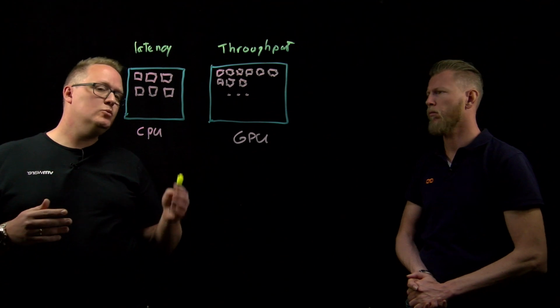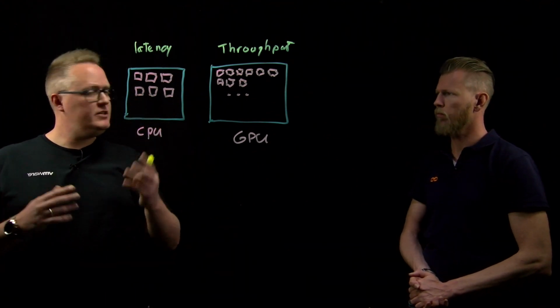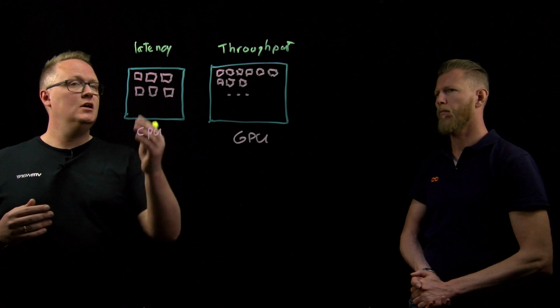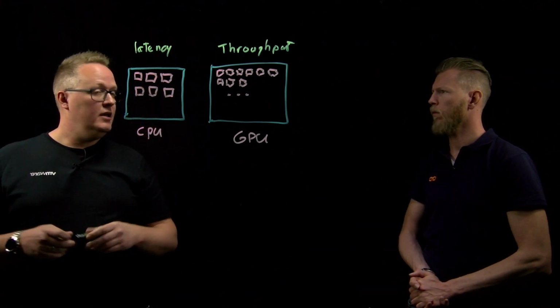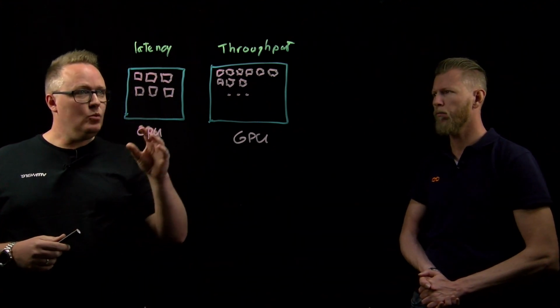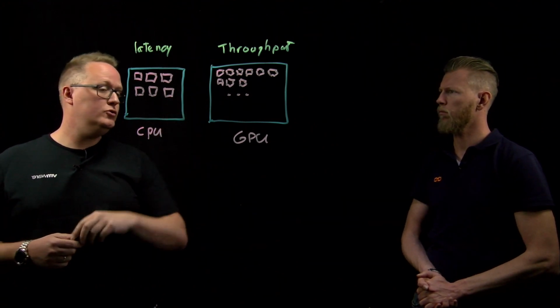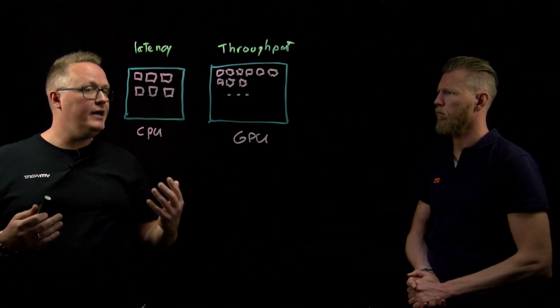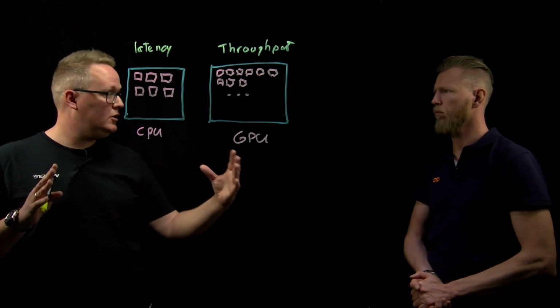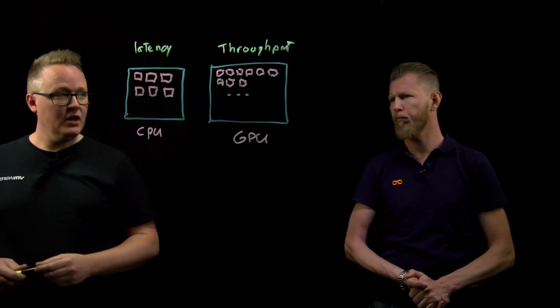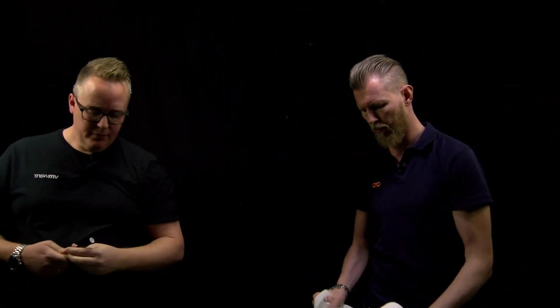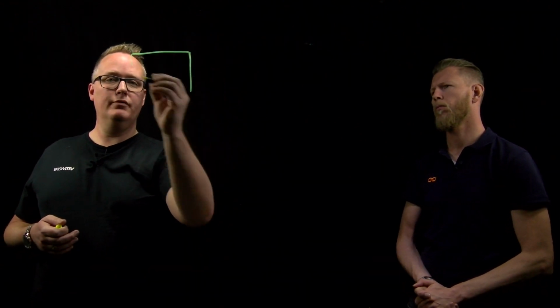Well, what we can do is we can zoom in on a CPU architecture, just a high-level overview and why it is built for as low as possible latency. Yeah. And what we will do next is we can go to the GPU architecture and have a look at why it is optimized for throughput and large computations, because that's basically it, right? Okay. So when we look at a CPU, and we'll zoom in on a specific CPU core, right? So we just explained that a CPU has like 30-ish cores. Yeah. When we look at a core of a CPU,